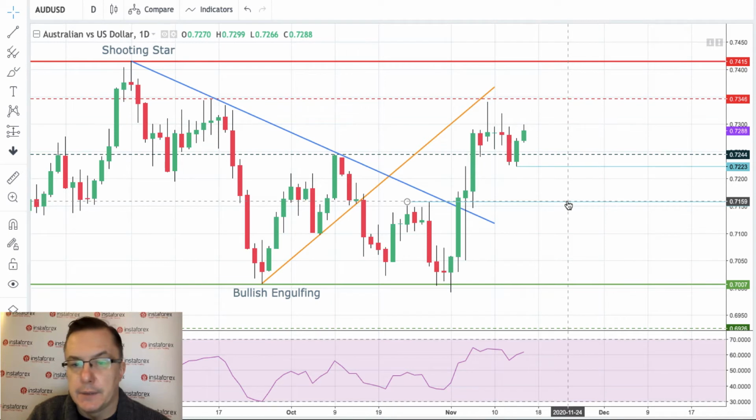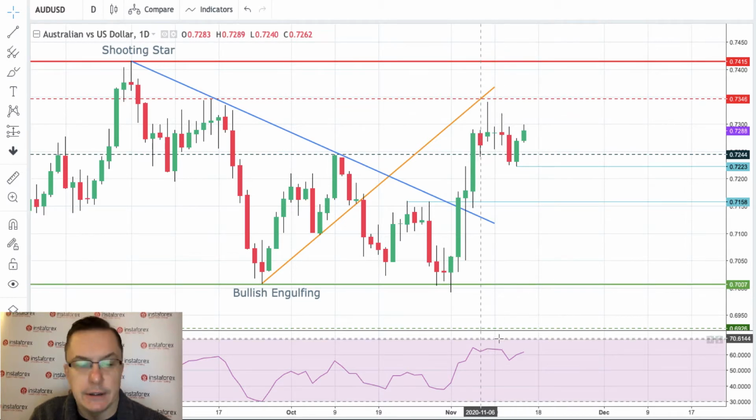I guess that if this level of 7,158 pips is violated, and it's clearly violated of course on a daily time frame chart, then the Australian dollar will likely reverse all of these gains and will go even lower towards the 7,000 pips mark. So please keep an eye on the